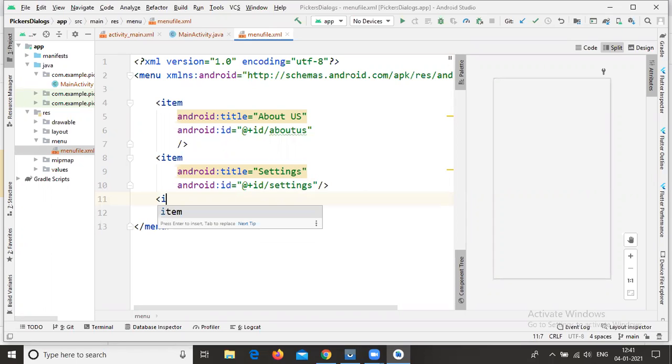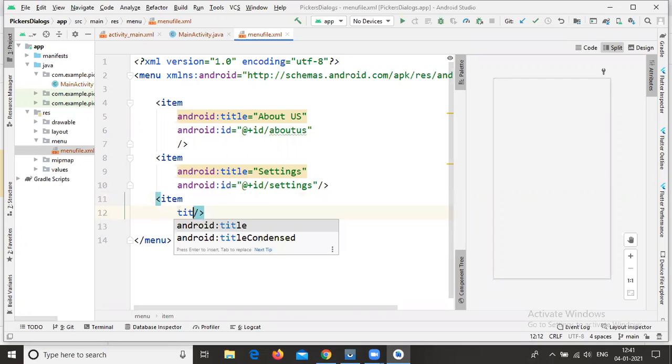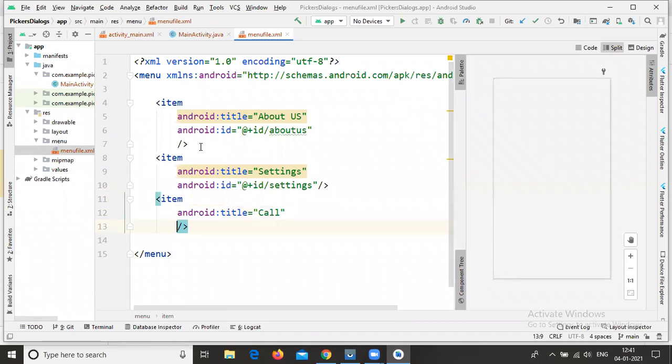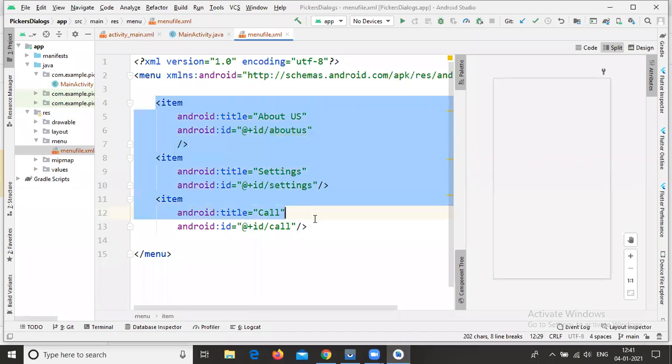Create an item once again, here I'm using the title property, android colon title, call, ID call. So here I'm creating 3 items. Please tell me once you complete creating the items.